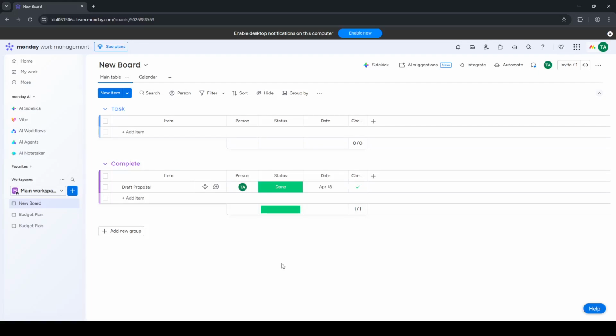In today's video, I'm going to teach you how to give permissions to a virtual assistant on Monday.com. We'll walk through a simple, reliable way to grant access so your assistant can jump in and help without exposing more than they need. This is quick to do, but getting the details right will save you time and keep